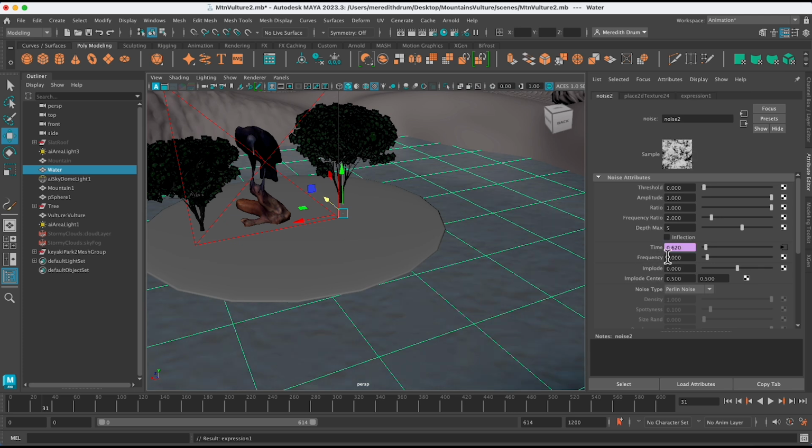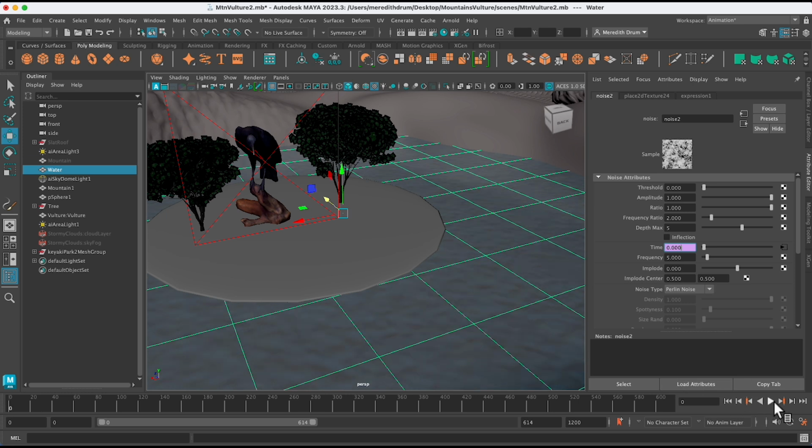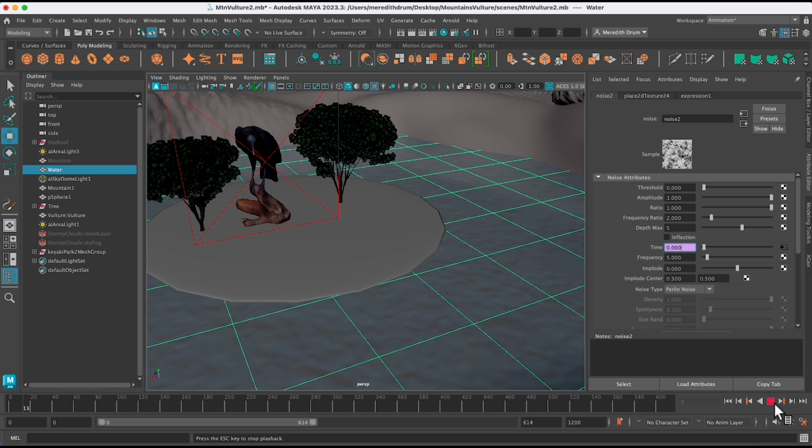And then if you want, you can edit that expression by right mouse clicking in the window, edit expression, and you can see what's going on there. You can change that number if you wish. But what that does is it creates this loop of time. So if you kind of click through here, you can see that that number is changing. And if you want it to go faster or slower, you can play around. I believe it might not change the speed. Let's see. It might just change where it loops. In fact, I think that's probably what it is. Yeah, that just changed the frame at which it loops.